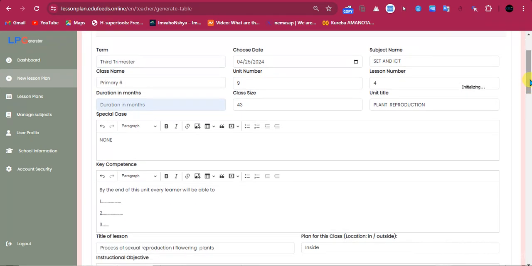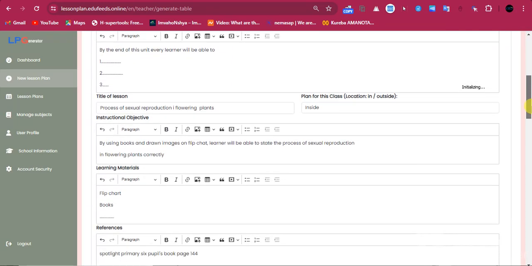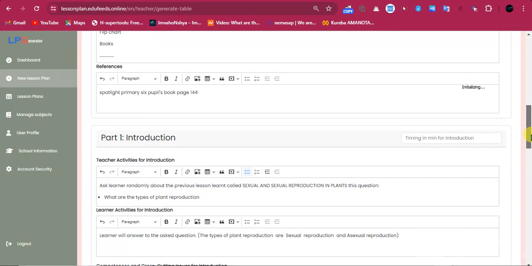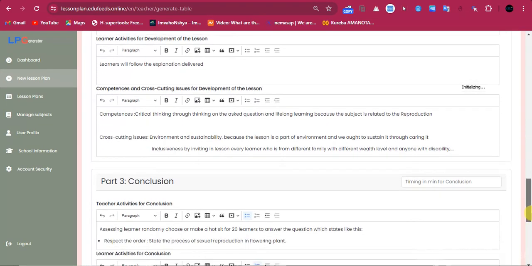In another time, let's say the timing for introduction, let's say 5 minutes. And then this is going to be 10, so it is 15.